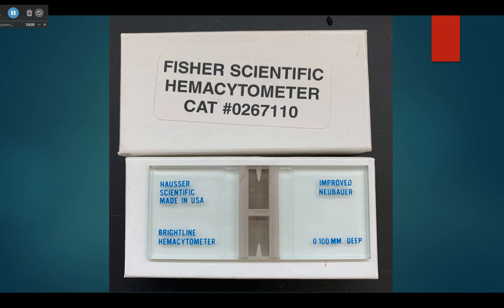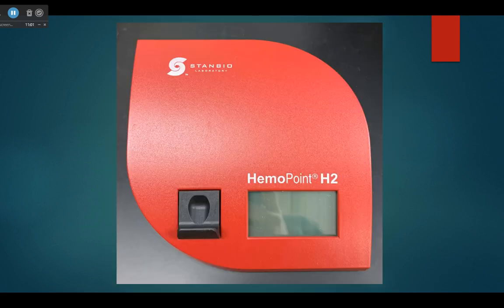The next image is using a hemoglobinometer, so 29.7. That is the old school version of a hemoglobinometer that's completely manual. So what you would do is you would take a drop of blood, you would put it on the special applicator, and you would break it down. You would do hemolysis that would release the hemoglobin, and then you would put it into the hemoglobinometer to count